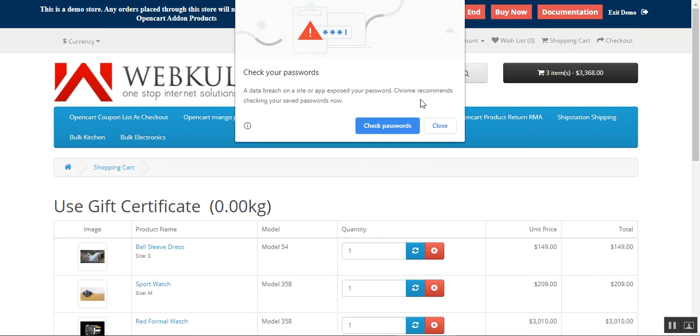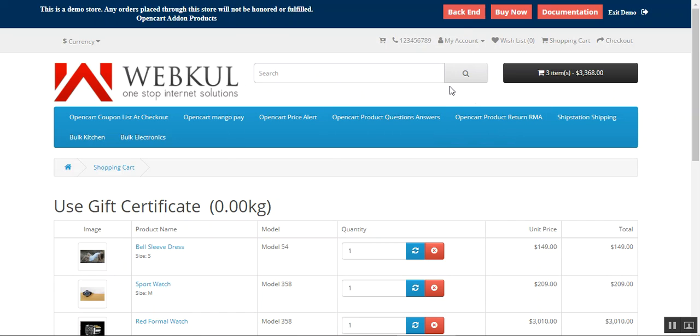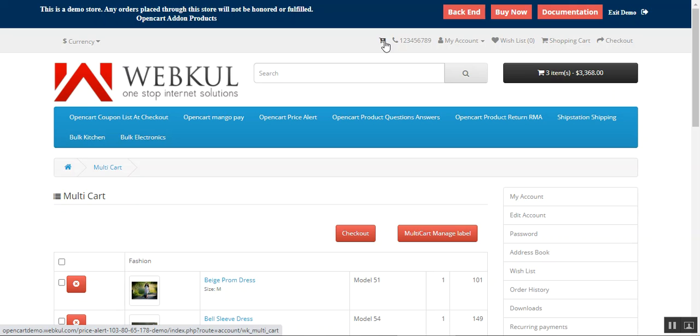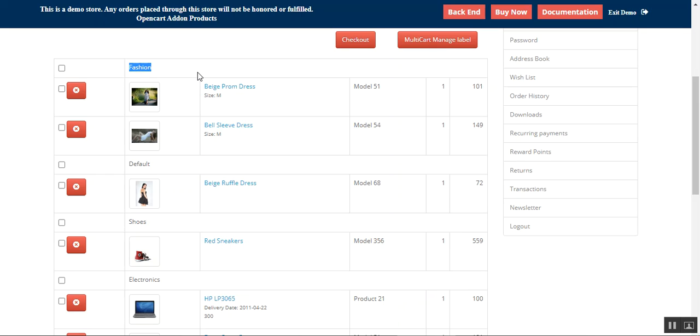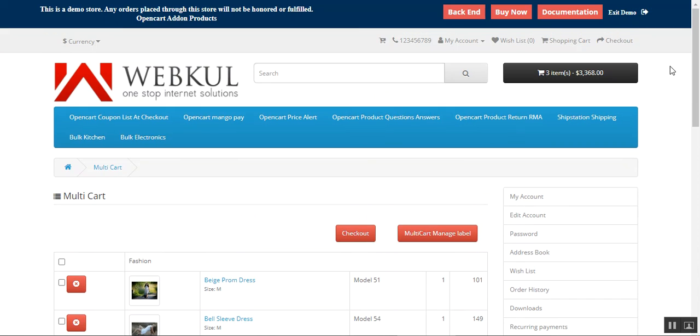Now to reach the multi-cart, you can see this particular icon at the top in the header of the website here. So a customer needs to log in and then tap here on this icon, and that would bring up the multi-cart section with all of the, what we say as the labels that the customer has already created. And under those labels, the customer can add multiple categories from the web store, and the products that belong to those categories, that can be added here within the labels that you have already created.